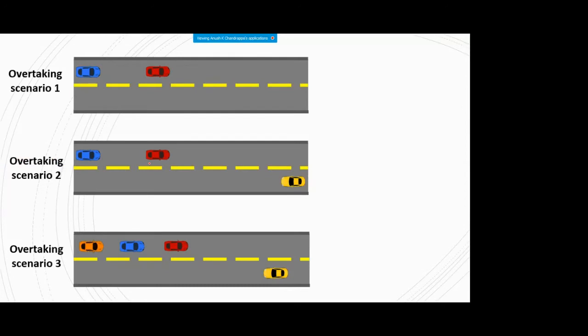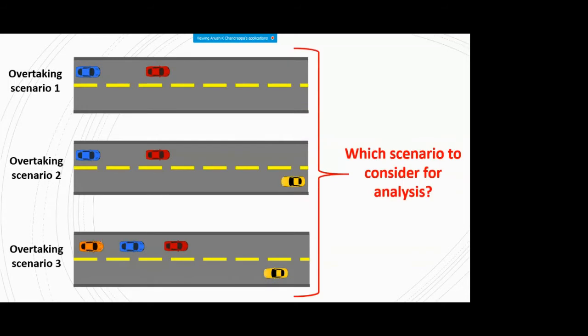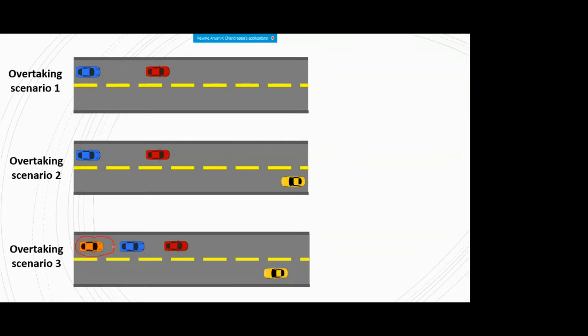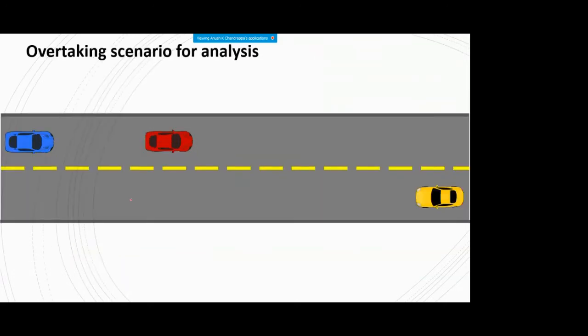Amongst the three, we then saw which scenario should be taken for analysis, and it came out to be the second scenario, because irrespective of the third vehicle, the overtaking operation will be taking place, and this third vehicle will not affect the distance to a great significance. There might be a small significance during the reaction time, but we can't say it for sure. So to simplify the analysis as well, we have taken the second overtaking scenario.